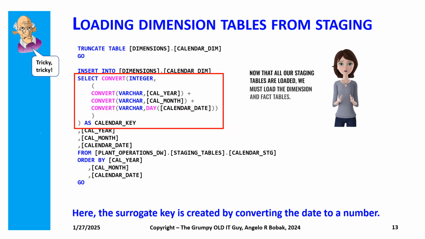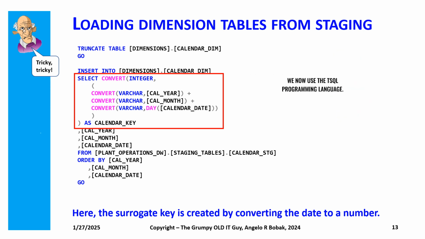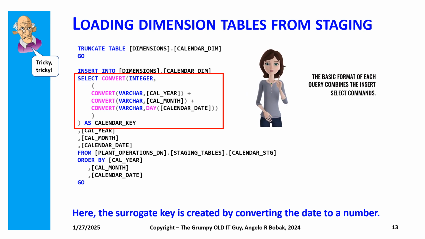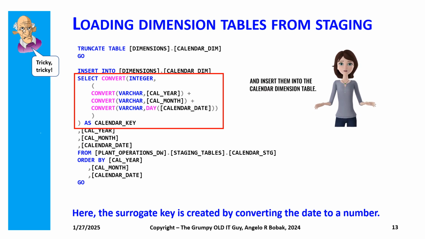Now that all our staging tables are loaded, we must load the dimension and fact tables. We will switch tools. Having used the BCP command line tool, we now use the SQL programming language. The basic format of each query combines the insert and select commands. In this clip, we select all the rows from the calendar staging table and insert them into the calendar dimension